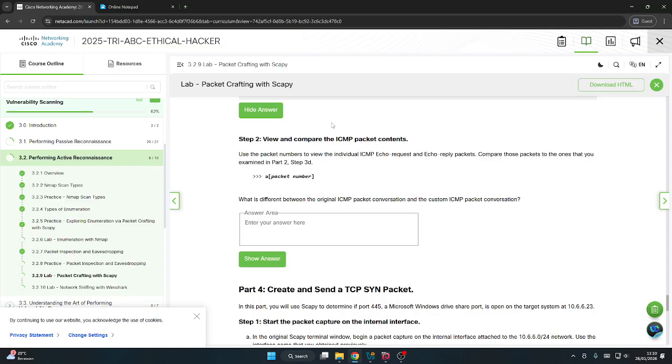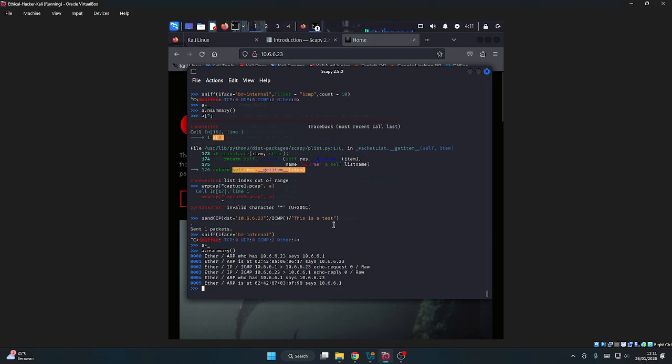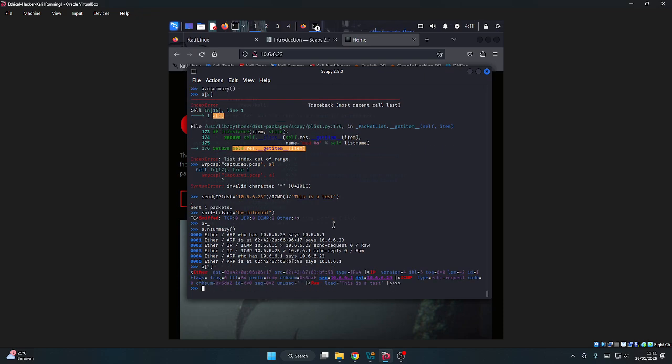So we use the packet numbers to view the individual ICMP echo request and echo reply packets. Compare those packets to the ones that you examined in part 2 and step 3. This is a test.